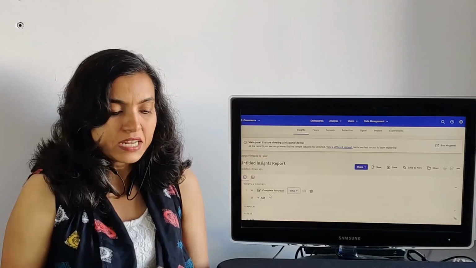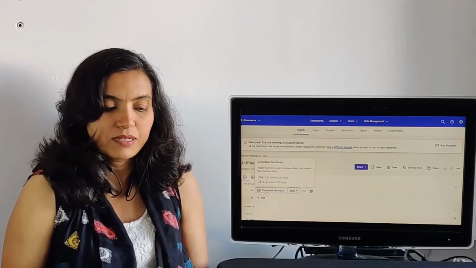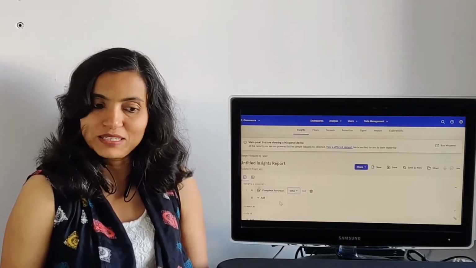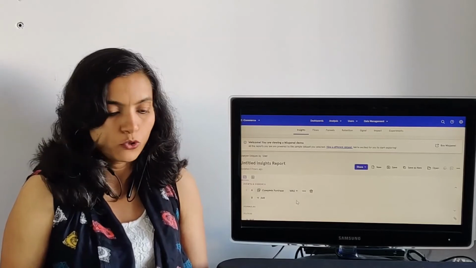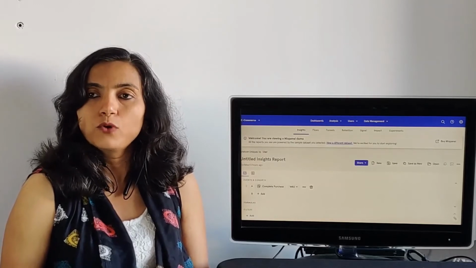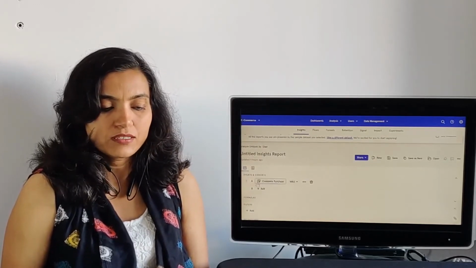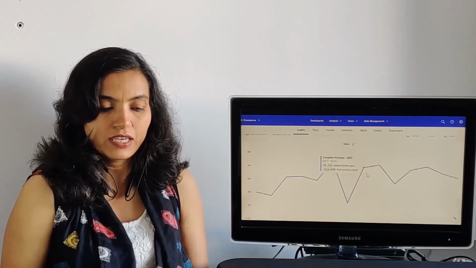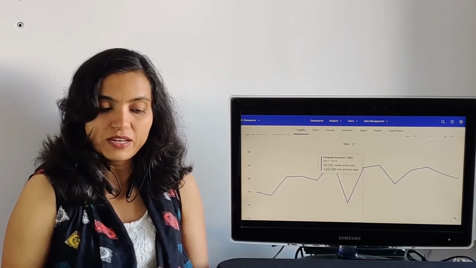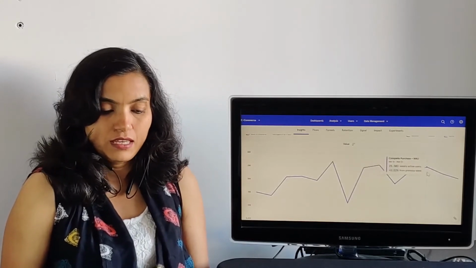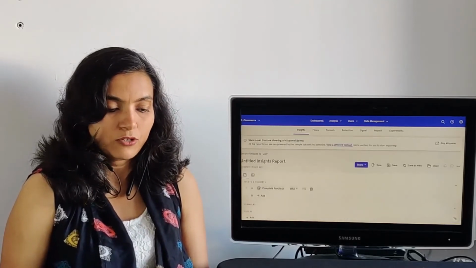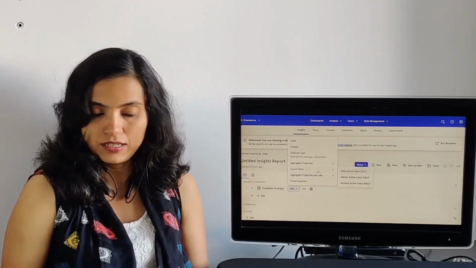Now, how exactly to read this? If the event selected here is complete purchase and your definition of an active user is a user who has made a purchase, then this is exactly what you want to plot if you want to know your active users. So right now I'm saying that my active user definition is somebody who placed an order. And so if I want to see weekly active users, this is what we will plot, and here we see the weekly active users. So currently in the February 17th to 23rd week, we had 24,732 active users. In some weeks it was lower, here it was only 11,509 and so on. So similarly, you can also plot daily or monthly active users under count users.